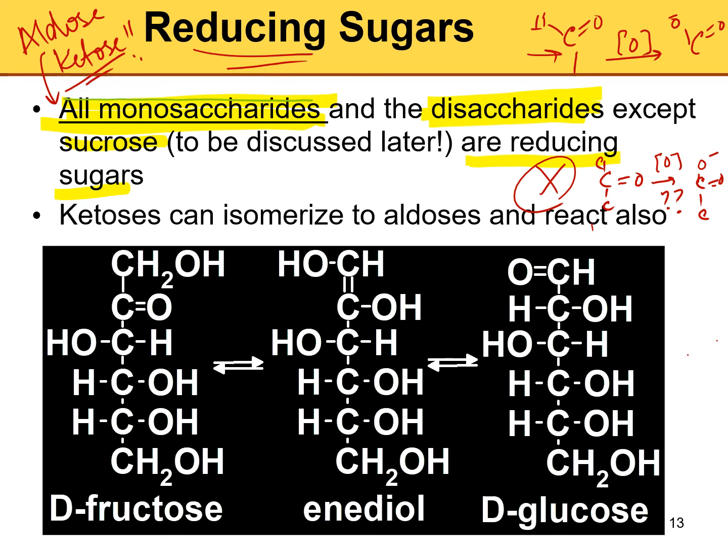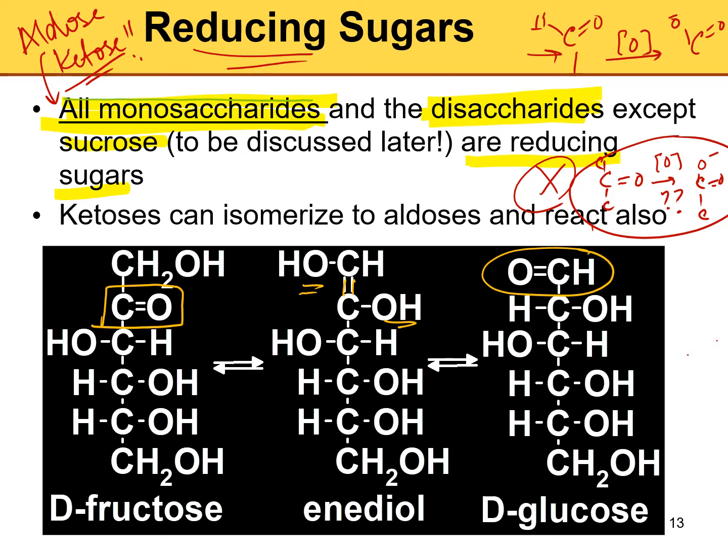How can you have ketone, right? Because ketones normally cannot get oxidized. So how can they? Well, it turns out if you have fructose as a keto sugar, so this is fructose, and this is the keto sugar, it can isomerize through this ene diol. This is the ene diol configuration, and then it can take an aldo